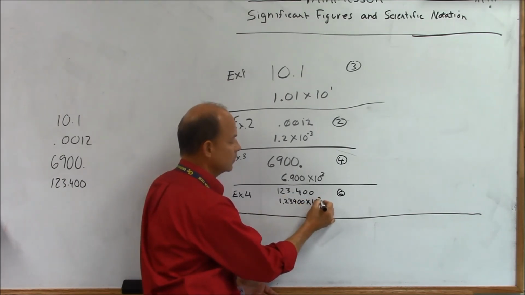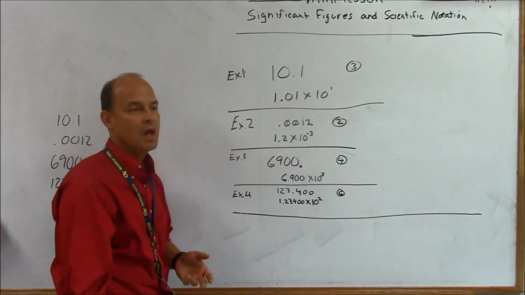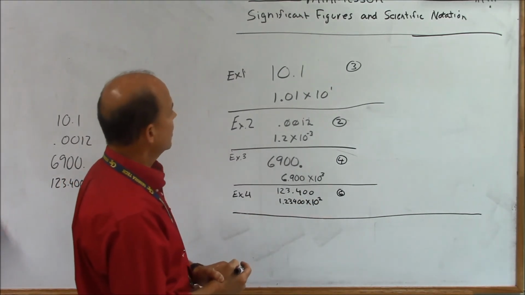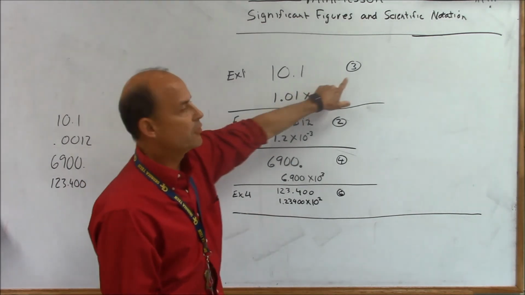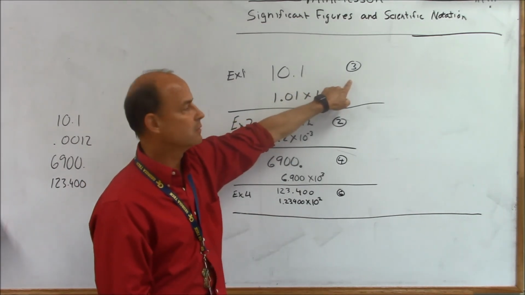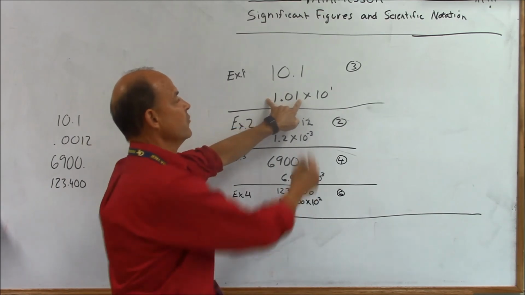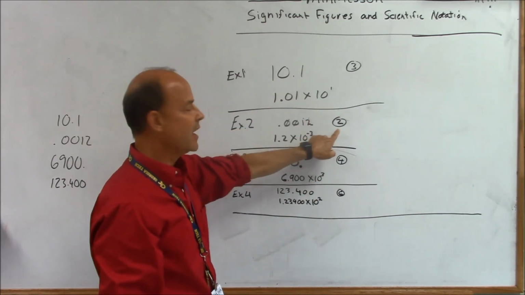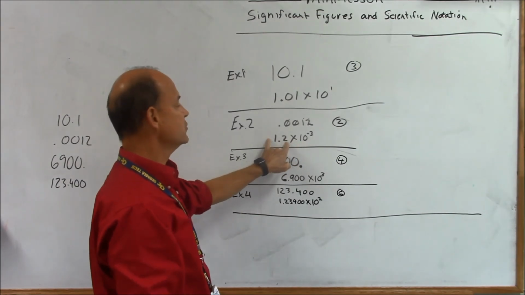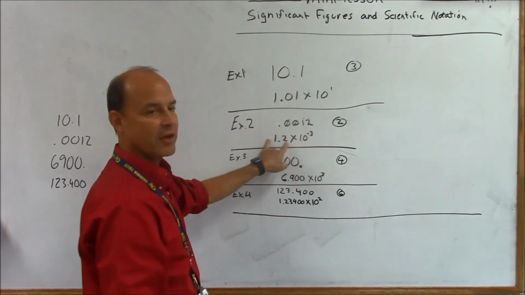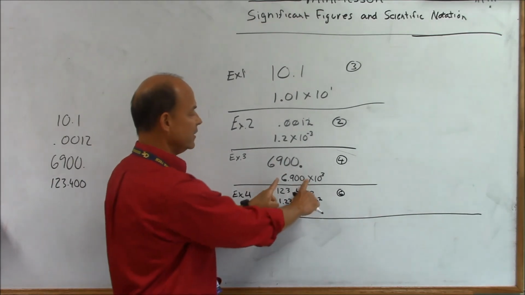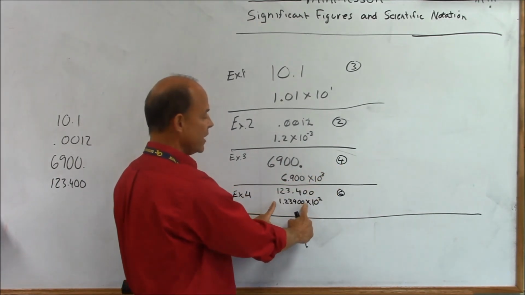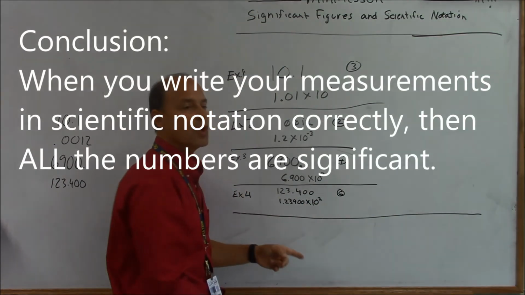Very good. Okay. Now, I'm going to make your life wonderful. 3 significant figures in example 1. How many digits do you see before the times 10 to the thing? 3. 2 significant figures here. How many numbers do you see to the left of the times 10 to the thing? 2. This one here, how many numbers do you see? 4. That's how many significant digits there are. This one here, how many do you see? 6. So when you write your number